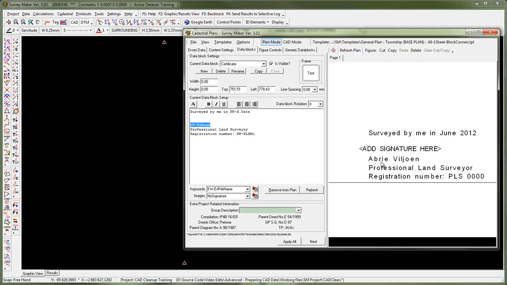My name is also a keyword, so you'll see my name written in there, and the PLS number I'm using is also a keyword, which is all brought in from our project or the program settings or the Irvin file. Now you can also add a signature into this